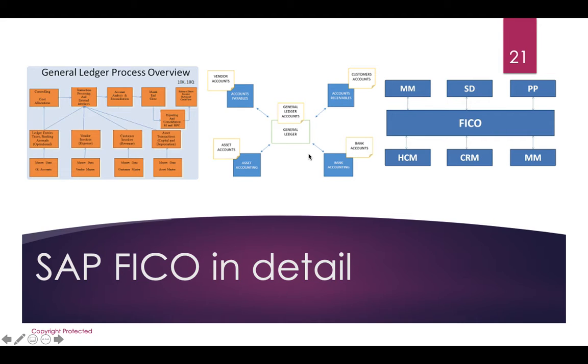So I just want to explain a little bit about some of them. Let's first understand what the general ledger process is. Now let me explain what a ledger actually is. A ledger is like an exercise book, or a book where we make entries of all income and all expenses. And people from a finance background will appreciate that the sum total of the left hand side and the sum total of the right hand side should always be the same.